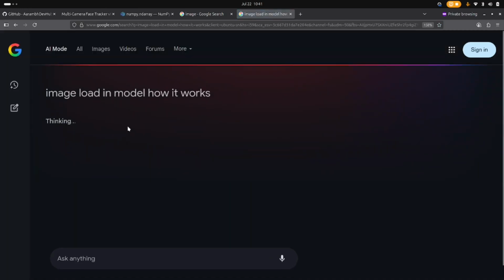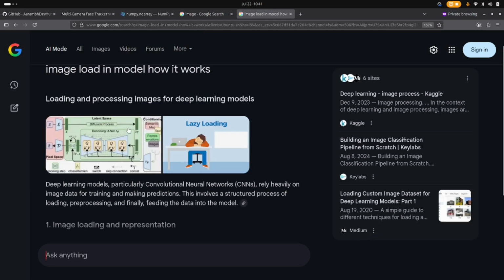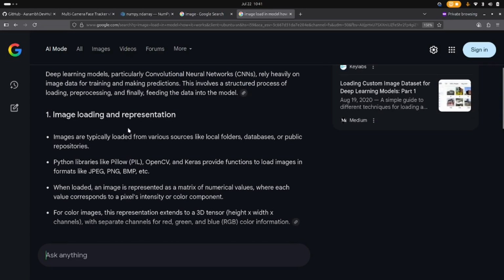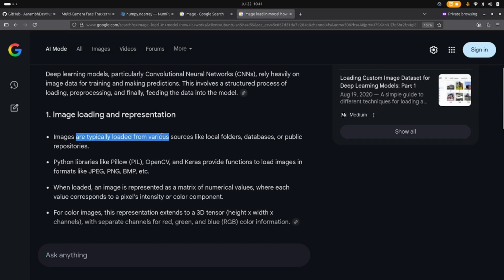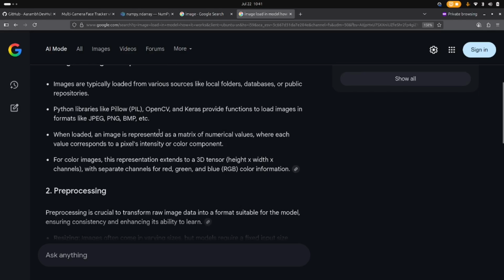You can use AI mode in Google to see how images work. Typically they come in various sorts of storage, like folders, databases, or publicly. The Python library OpenCV processes many formats like this, loading the image and preparing a matrix of number